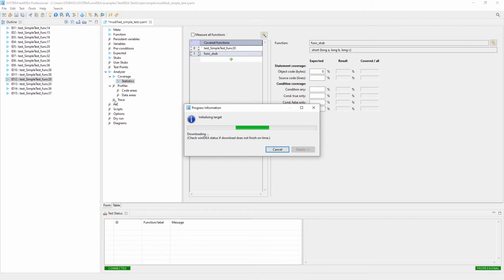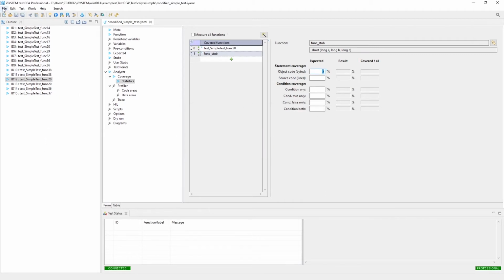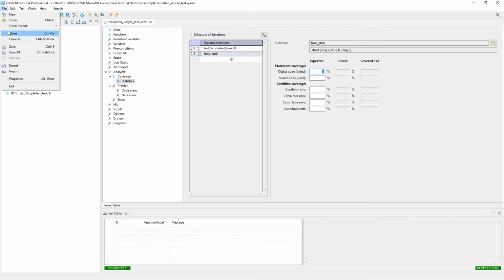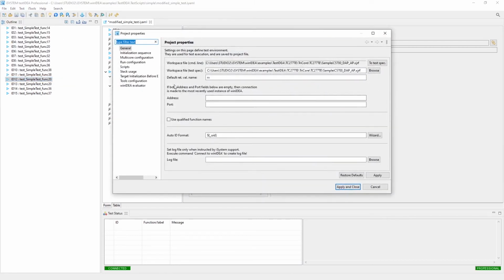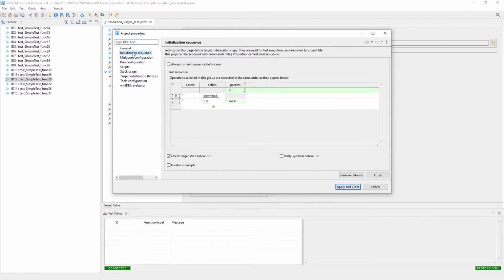And so what I just did with the init target, that's actually something that we want to take a look at in the beginning. This is something that you want to set up prior to running any tests. The initialization that I have set up is just to perform a download and run until main. That ensures that the stack gets set up. That's really the only requirement for the test tool to be able to run these tests on the target system